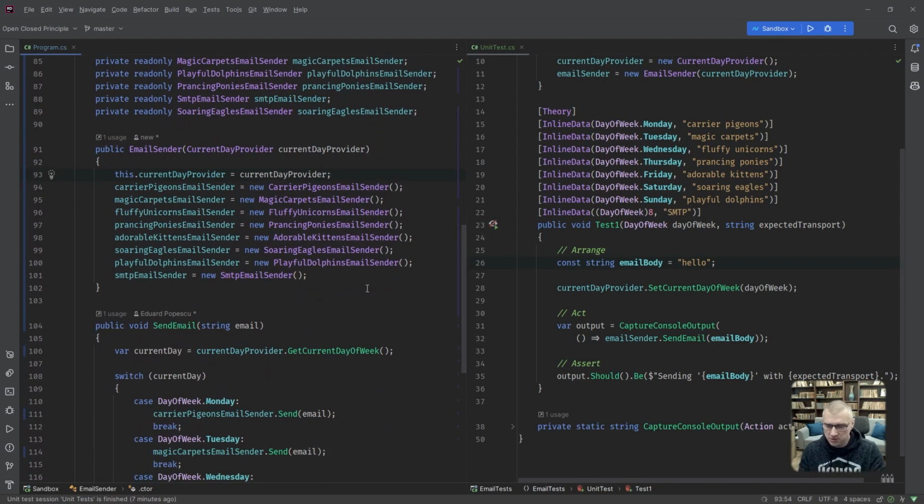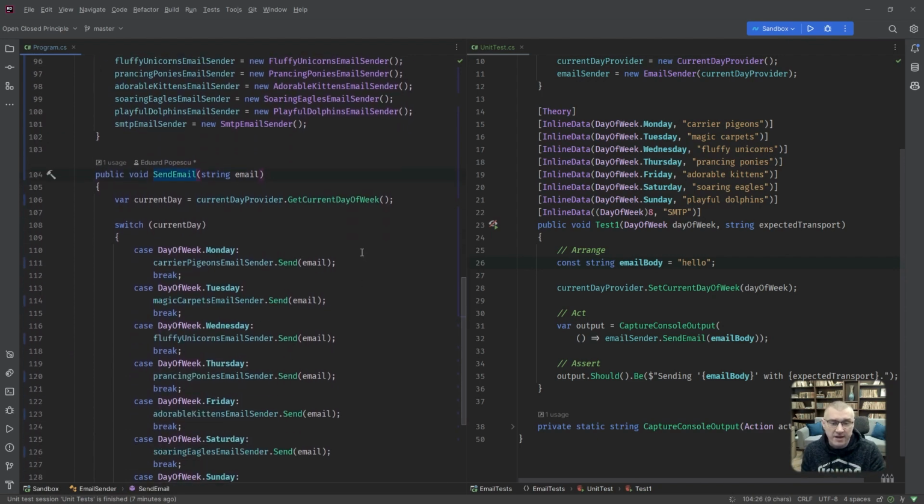Then we would be able to treat them abstractly. Our send email method won't have to deal with the various concrete classes. It will just say, hey, someone with this contract, I'm able to talk to it, and if I tell it to send email, it will send it. I don't have to care, and I don't have to know who it actually is.